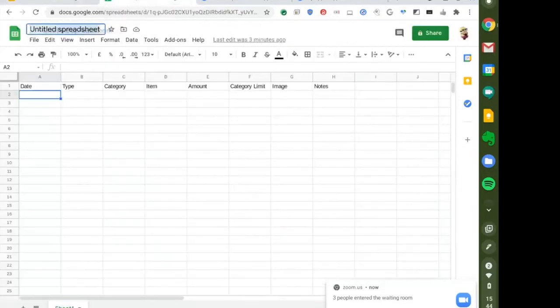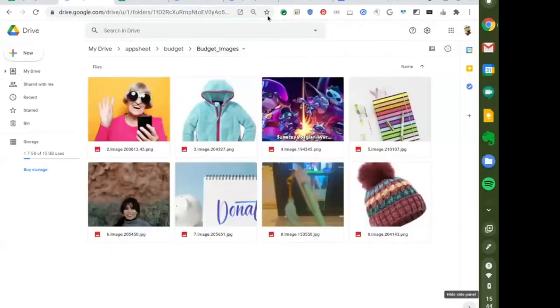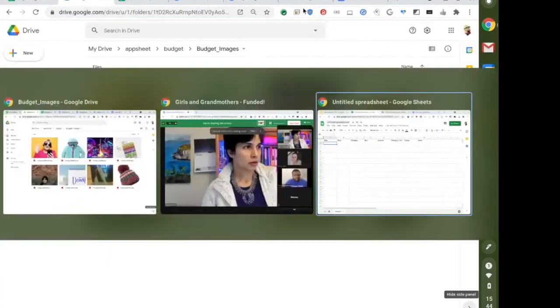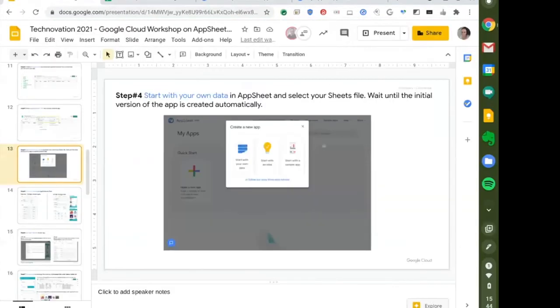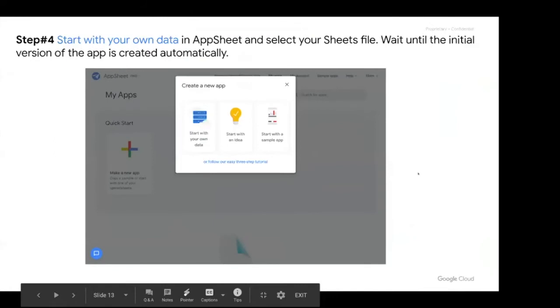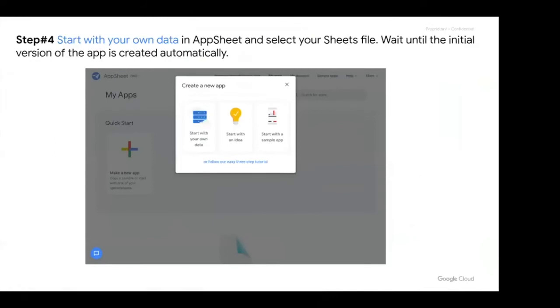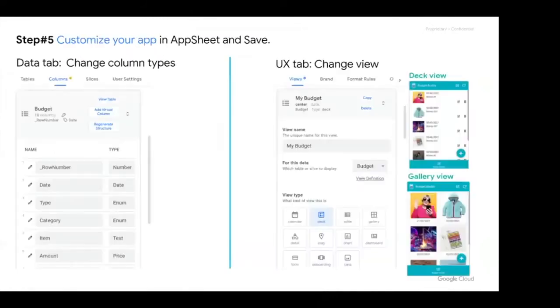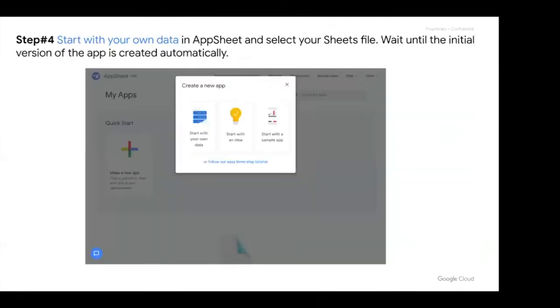You can give a title and choose that spreadsheet inside the app. It will automatically create the first version and we will start customizing it.